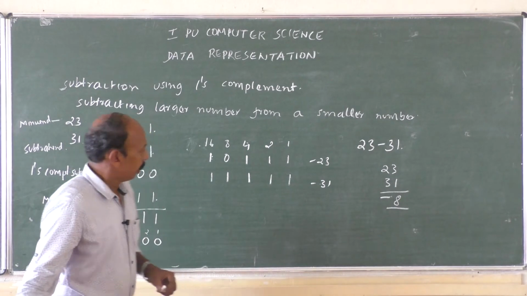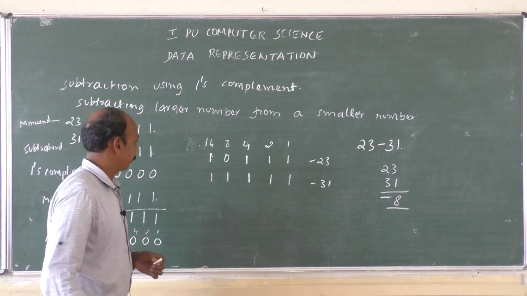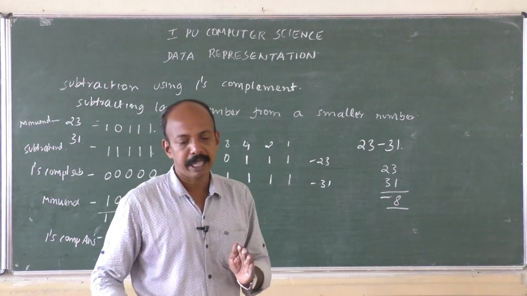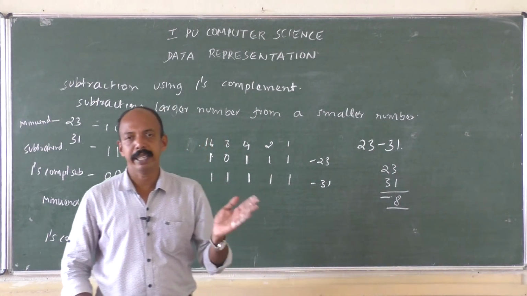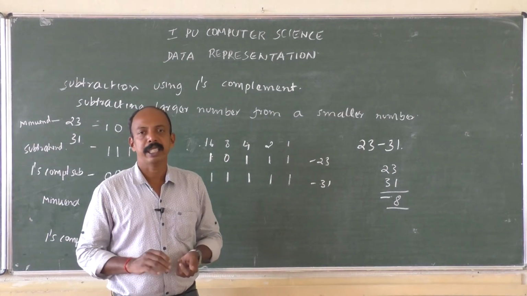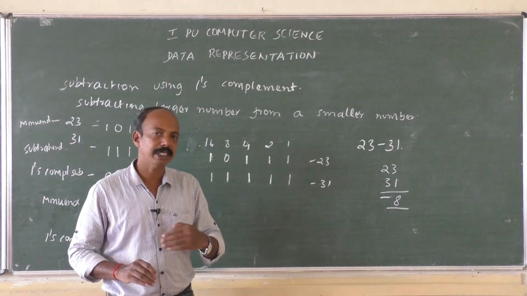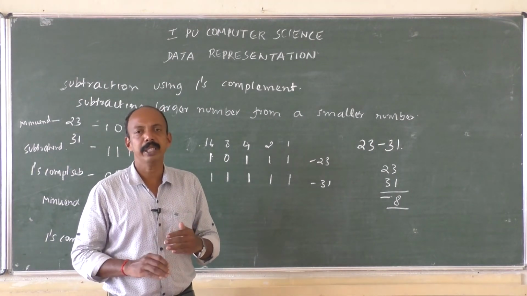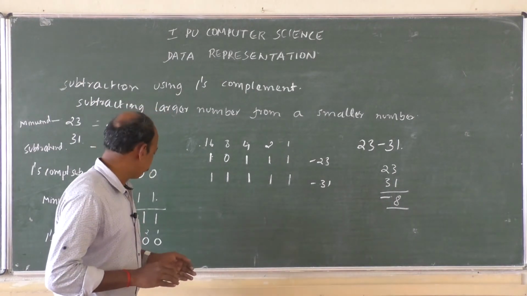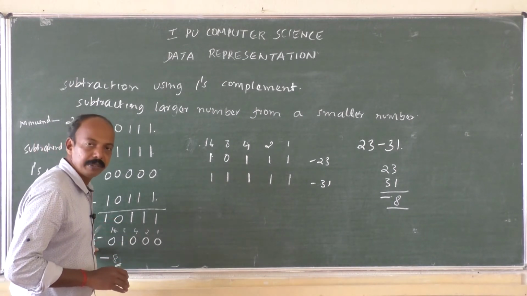Summarizing this, hope this is understood. It's easy. But we have to remember, in case of subtracting a smaller number from a larger number, there will be an end around carry. So to the LSB we have to add 1, and that will be the final answer. But in this case, when we add the ones complement of the subtrahend to the minuend, whatever answer we are going to get doesn't contain any end around carry. Now what we need to do is take ones complement of the answer and place a negative sign in front of that.